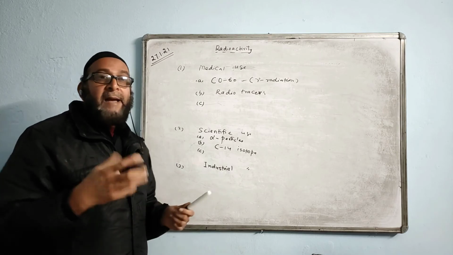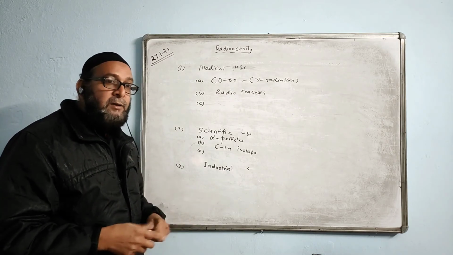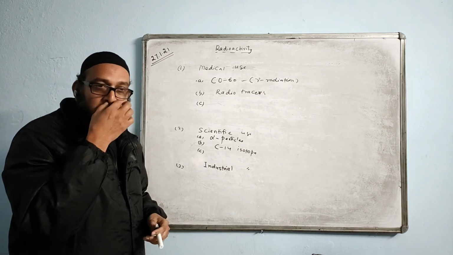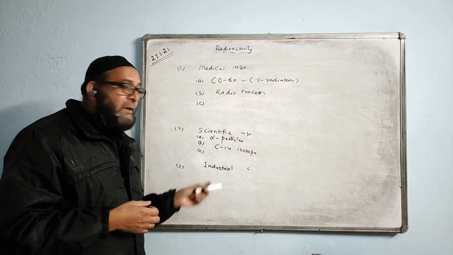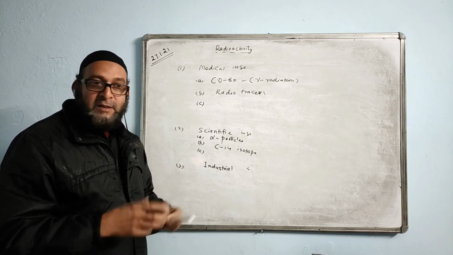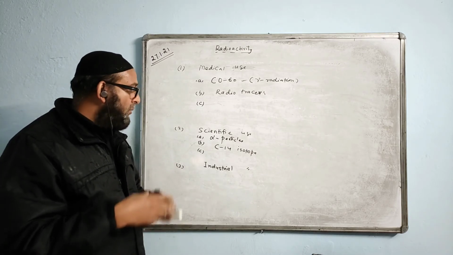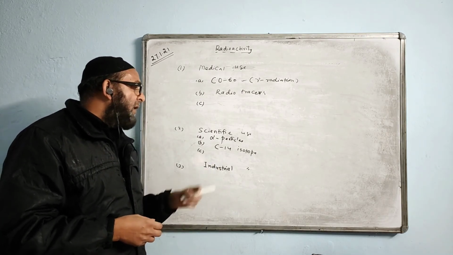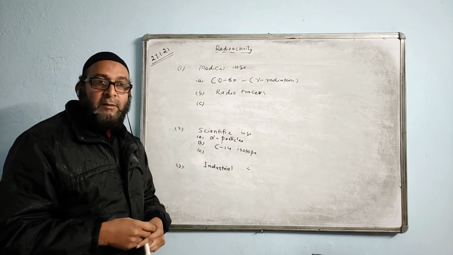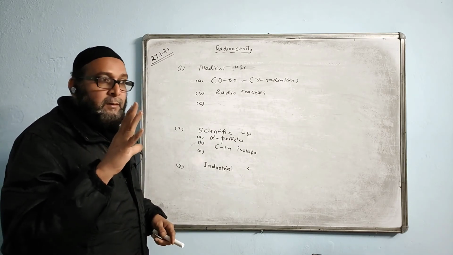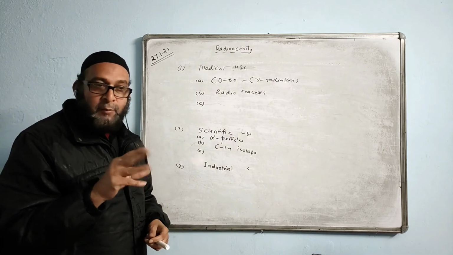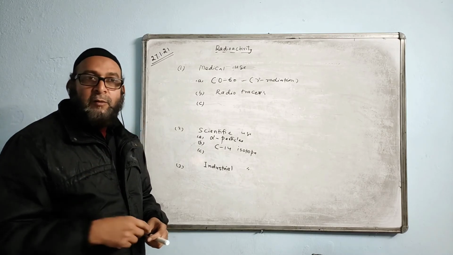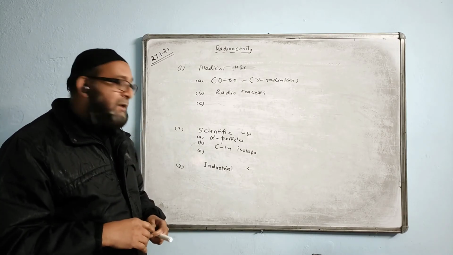Now, industrial or agricultural use. Over there we say radioactive materials like radioactive salts are used to monitor the growth of plants with respect to the chemical manure or fertilizers, particular fertilizers. Second one is alpha radiations are used in luminescent signboards, glowing signboards. Alpha radiations are used. And that one use, if you remember, is very good. You should know the name also of the radiation that is used.